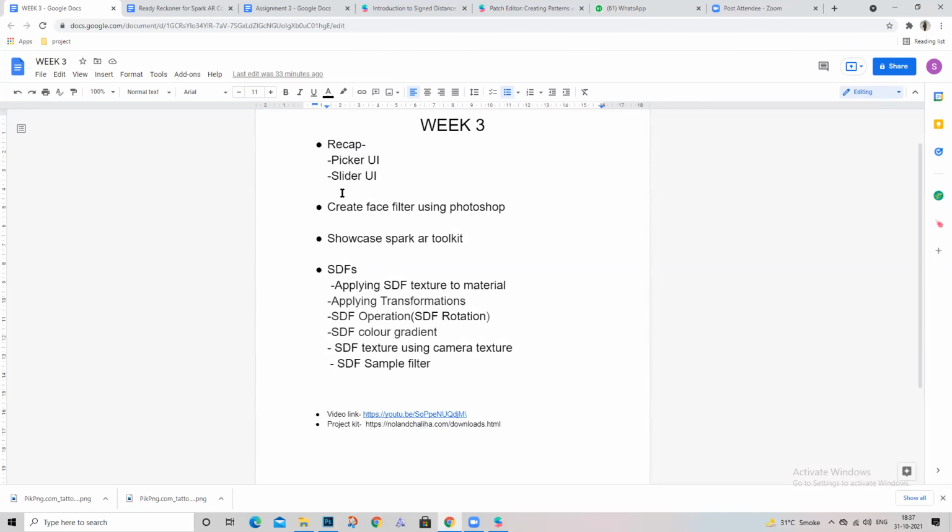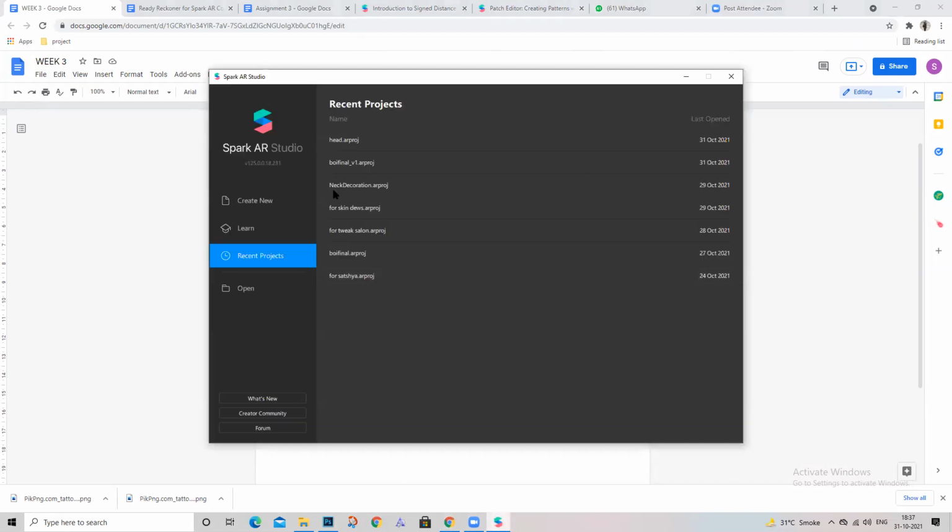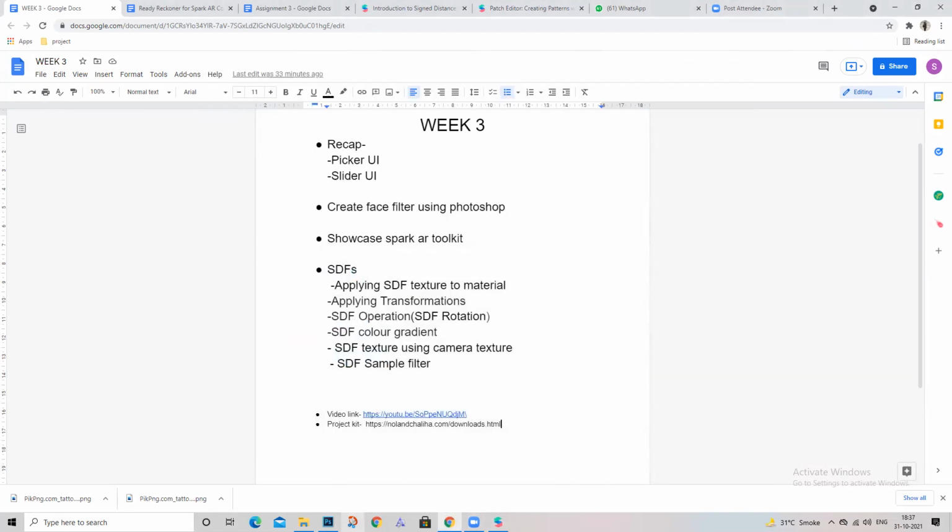You guys must have seen face tattoo filters, right? Has anyone made a face tattoo filter here? Any one of you? Yes, ma'am. One second, who was that? I could not see. Who made it? Ma'am, I did it. You have? Oh, yes, amazing. Great. Okay. So other than Pratik, no one else has made face tattoos here, right?